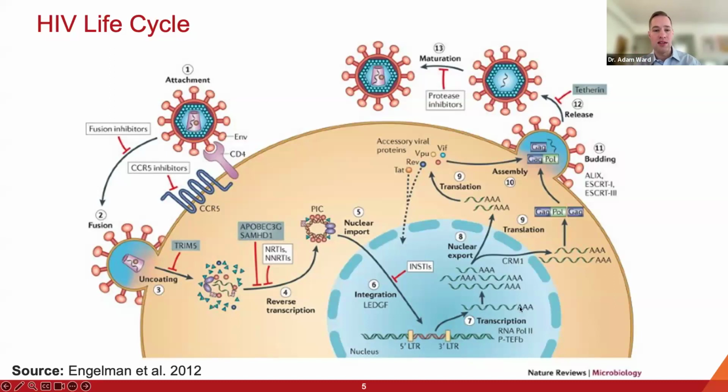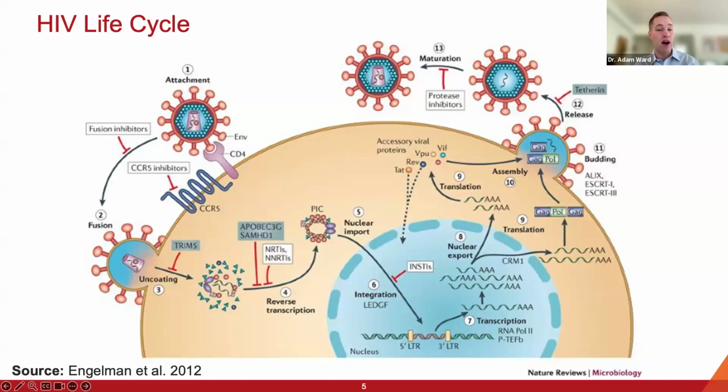And then I wanted to highlight these steps shown called transcription and translation. In active viral replication, where new HIV virions are being produced, HIV is being transcribed, so viral RNA is being made from the new viral DNA genome. And then this viral RNA is translated into proteins, and new viruses are assembled and bud off of the infected cell. However, sometimes a cell is what we call transcriptionally latent. That means that no RNA is being produced from the HIV DNA. So this process of transcription is not happening.